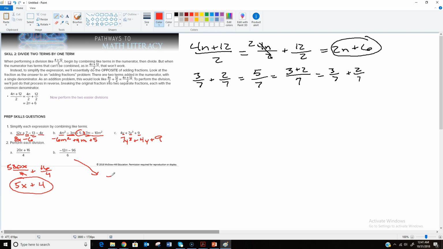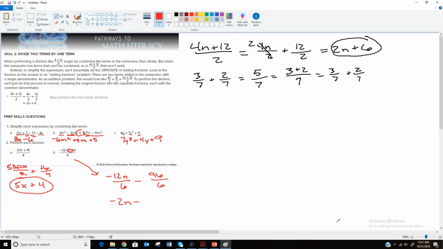On this one, we're going to get negative 12n over 6. And then we're going to subtract 96 over 6. Don't forget that that has a negative there, or a minus. 12 divided by 6 is 2, so we get negative 2n since it was a negative 12. And then 96 divided by 6,